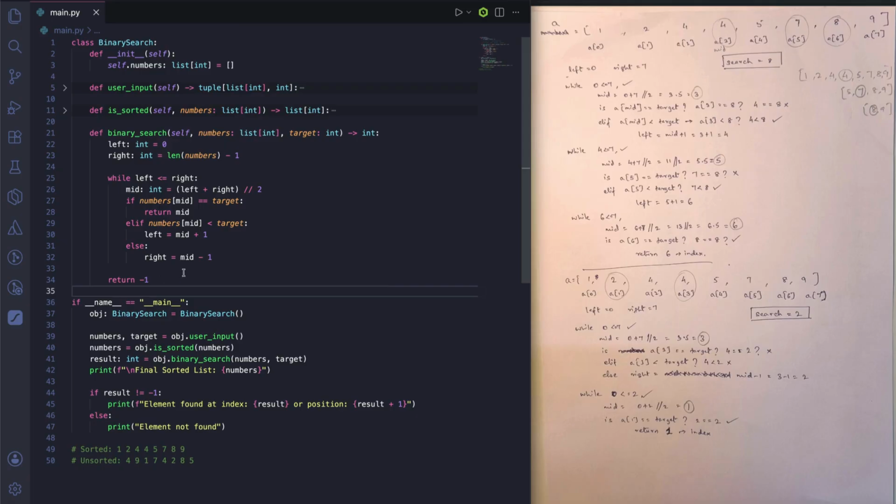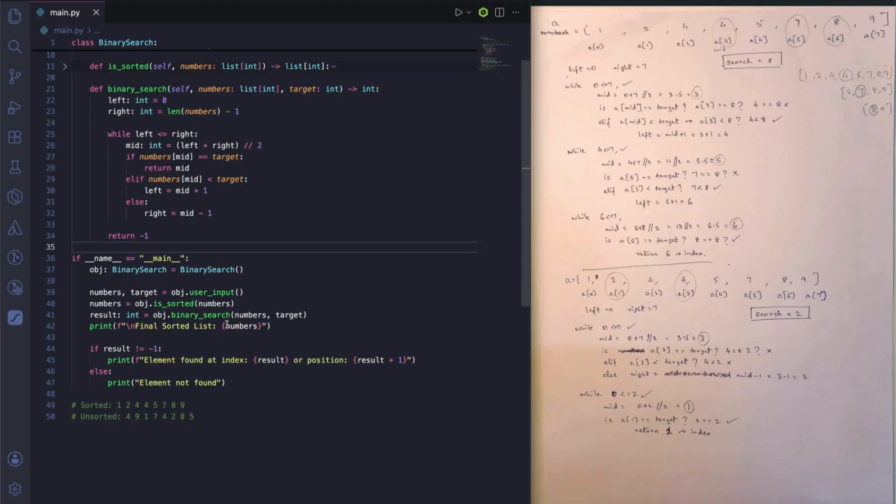So that index doesn't exist basically. So if it doesn't exist, we just return -1. That means the number was not found, right? And then finally, the binary search that we